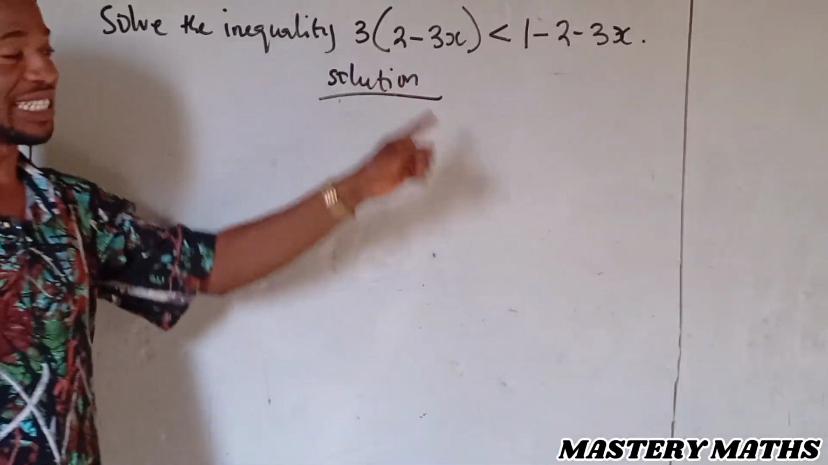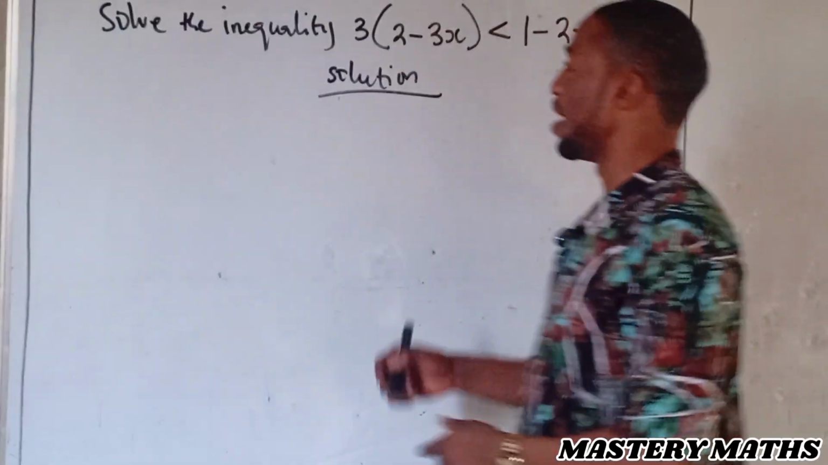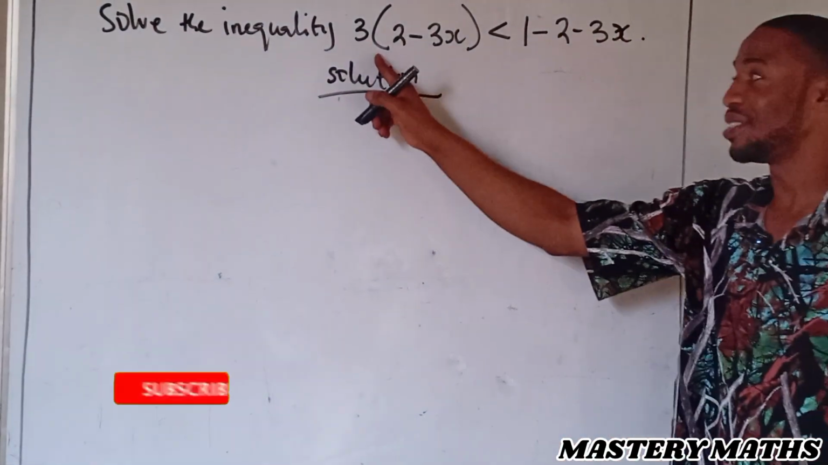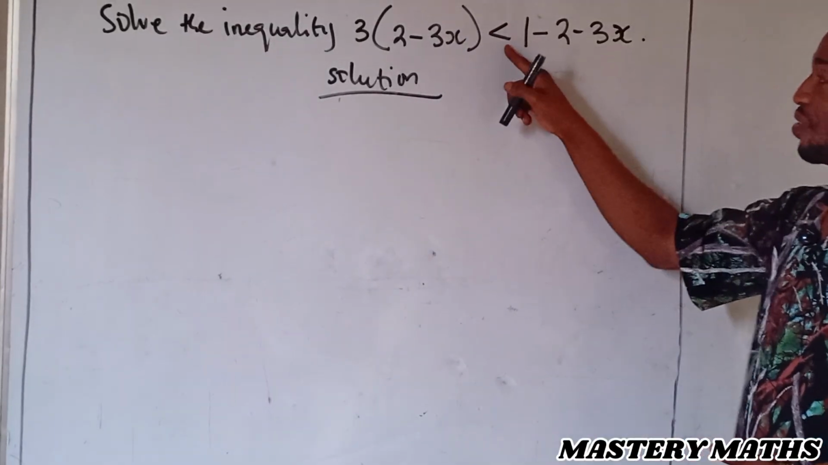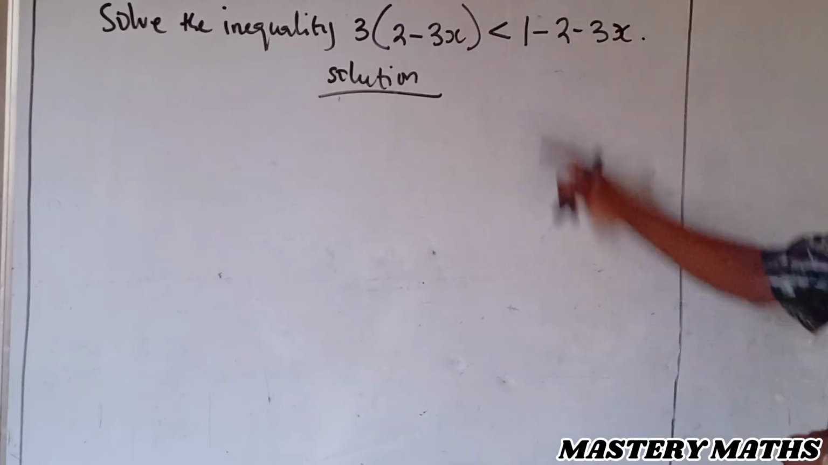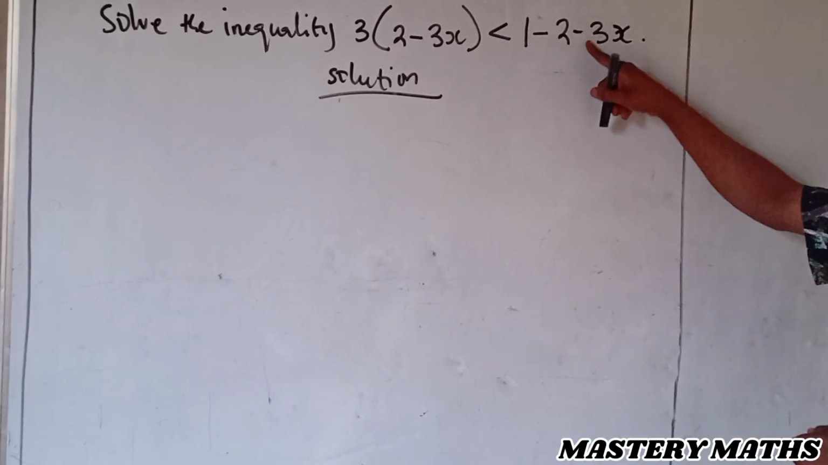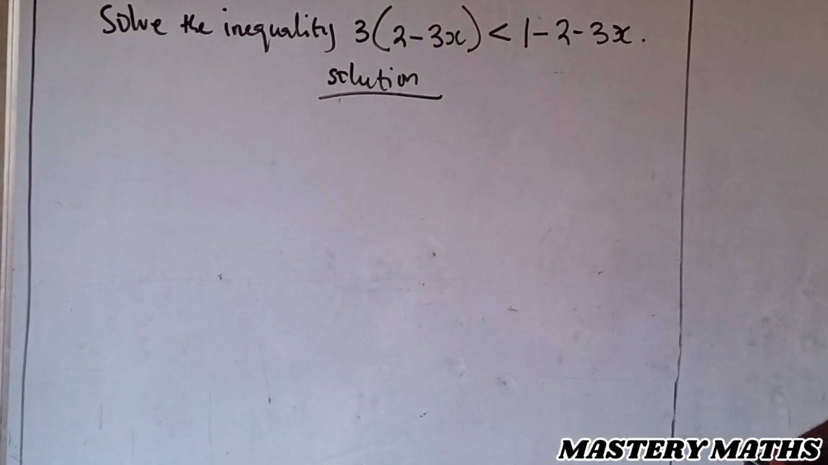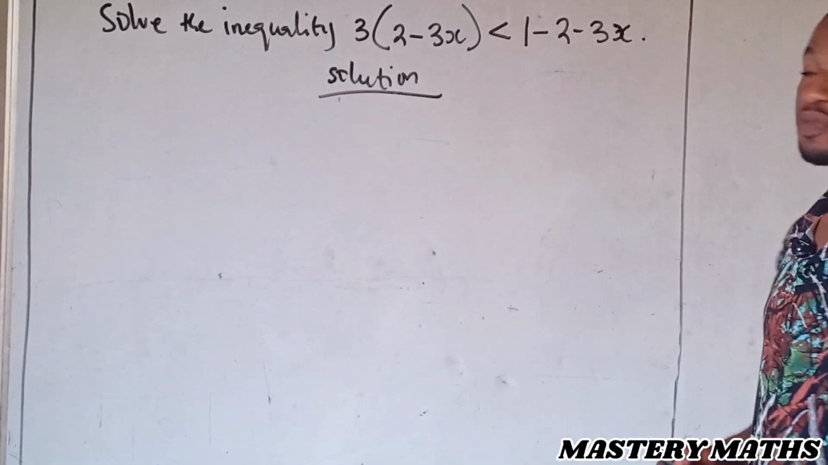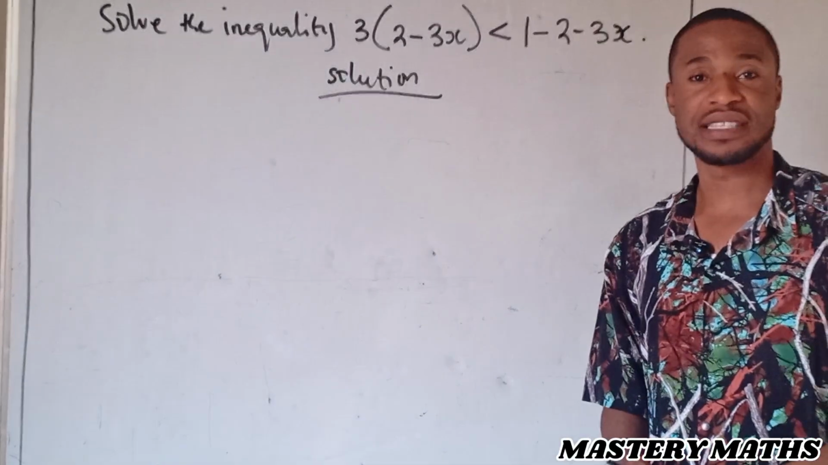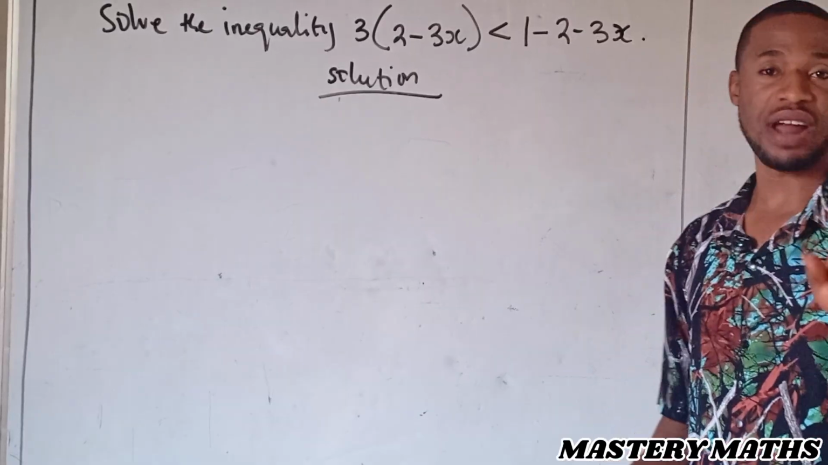Solve the inequalities. Here you have 3 open the bracket, 2 minus 3x, close the bracket, less than 1 minus 2 minus 3x. Now, how do you solve this on the board? It is very simple. First of all, we obey the law of BODMAS, which says we solve the bracket